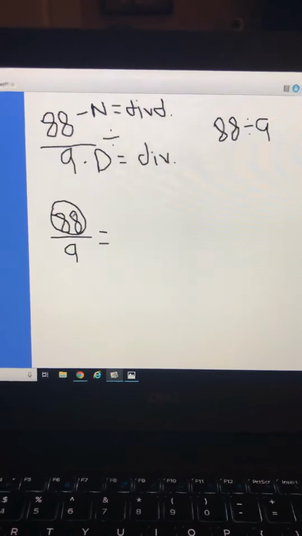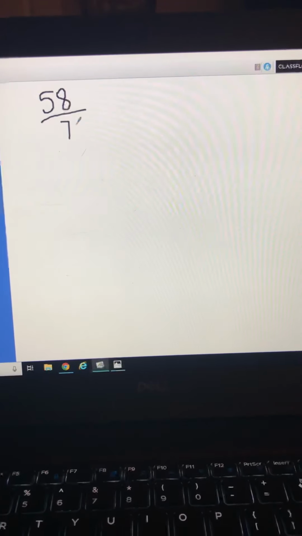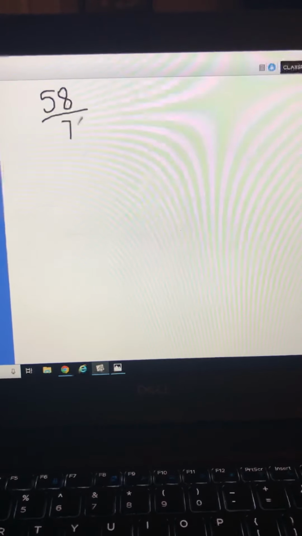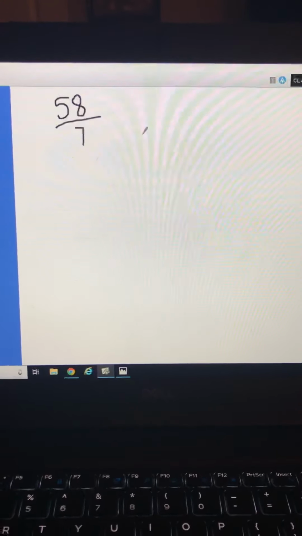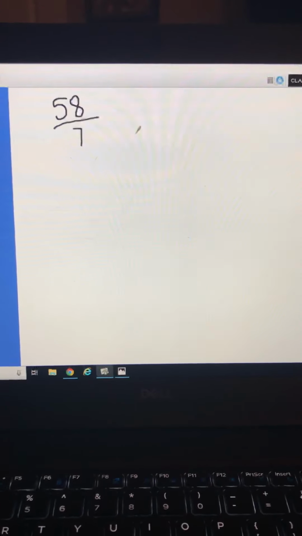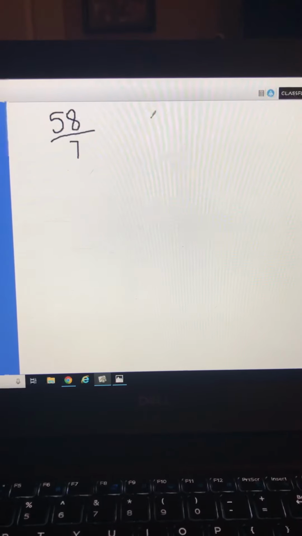Now we're going to look at number 20. I want you to take a moment and pause the video, and I want you to write this down as a division equation. Remember, 58 is my numerator or my dividend. 7 is my divisor or my denominator. So how would you write this as a division sentence? Go ahead and write that. You should have said